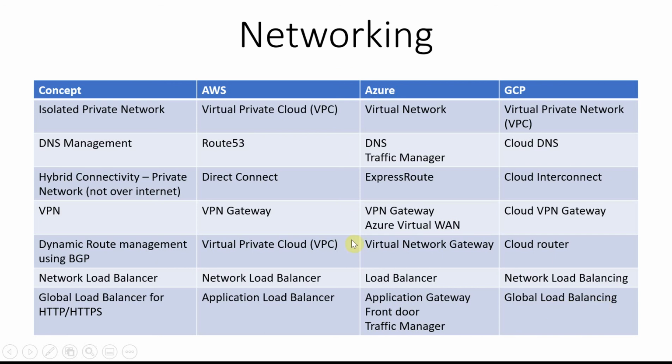So from what I see, in most places Azure has many products under networking, meaning more than one for a given use case, but they have minor differences. Let's say in the load balancer category, Azure has four, whereas AWS and GCP have only two. They are all managed as different products, and they all come under load balancing, but the use cases are a bit different.